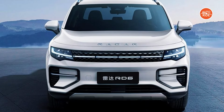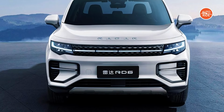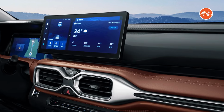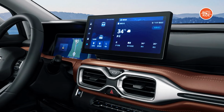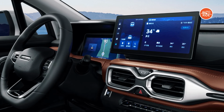Inside feels like a Scandinavian living room. Minimalist dash, 12.3-inch screens. Soft materials with subtle stitching, panoramic roof flooding the cabin with light, eco-friendly perforated leather, voice control, over-the-air updates, V2L power output that can run a coffee maker at your campsite, under the bed, hidden compartments,